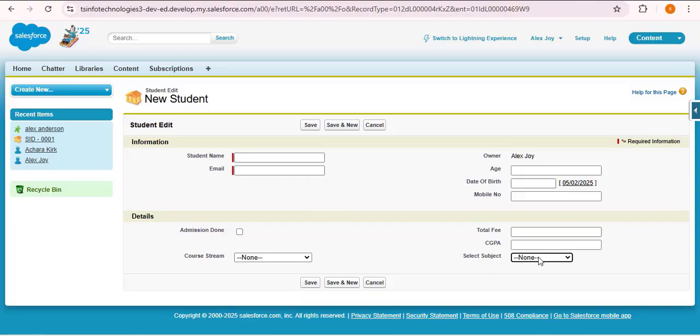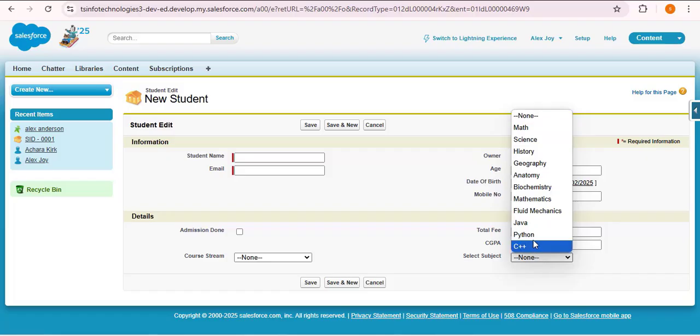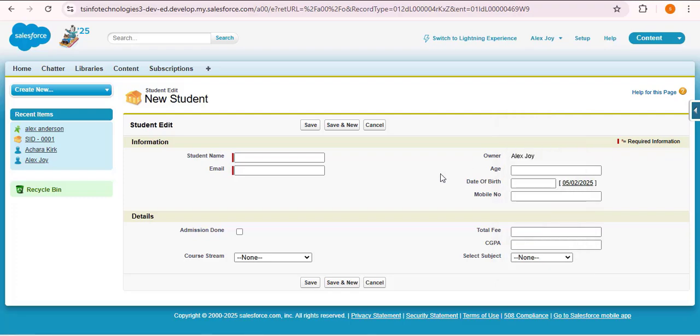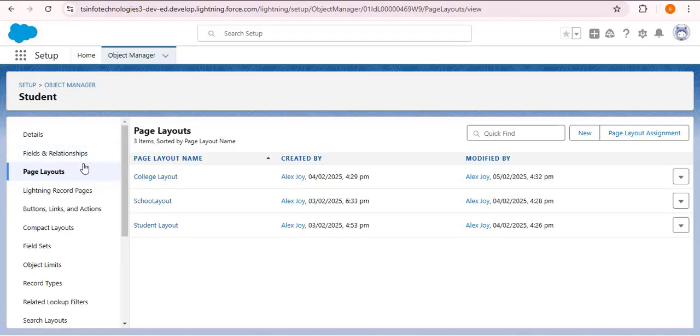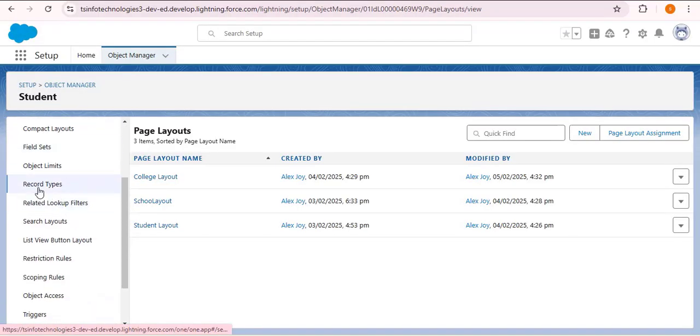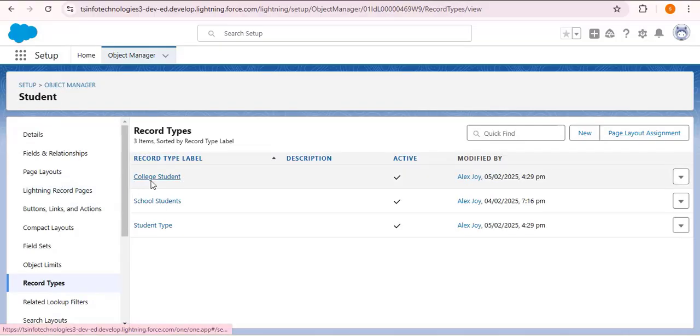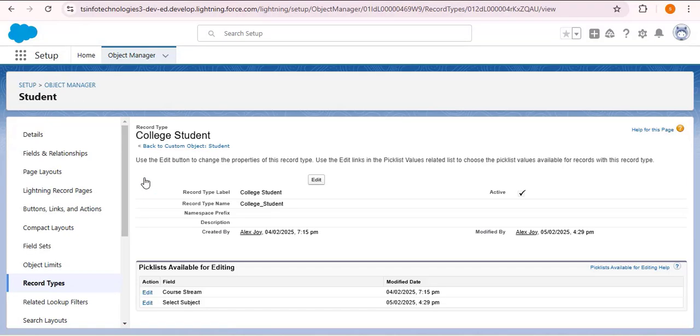Now as I click on this select subject field, here you can see we have college student subjects as well as the school student subjects also. And now from here we need to remove the school student subjects. For that we need to navigate to record types, which control the picklist values. So here I am navigating to the student object, scroll down. Here you can see we have record types, click on it, select the college student record